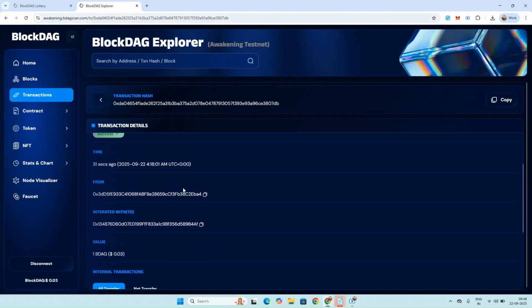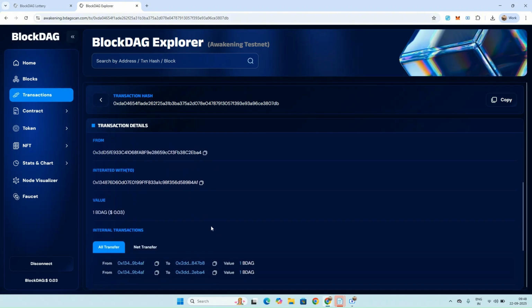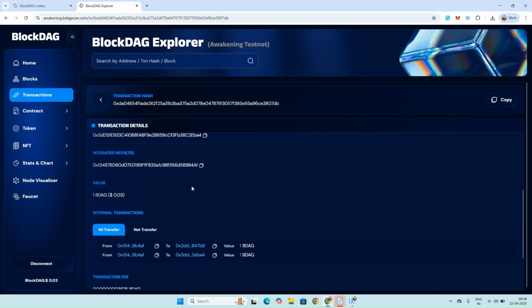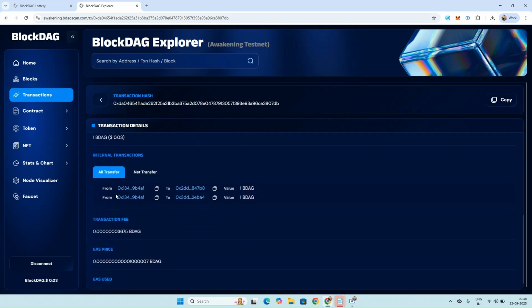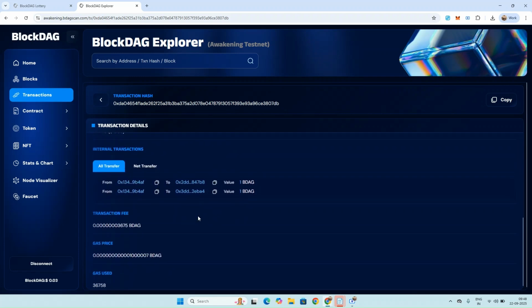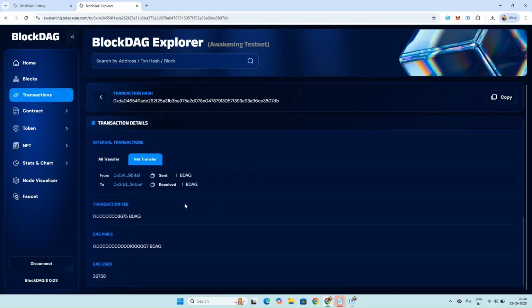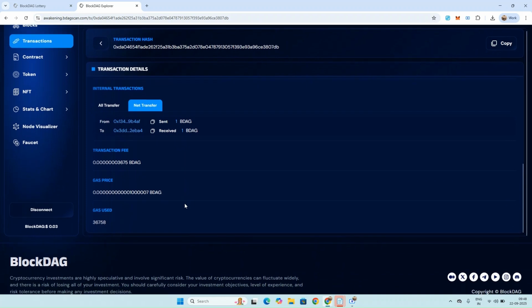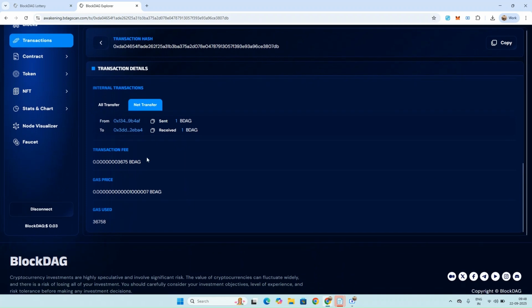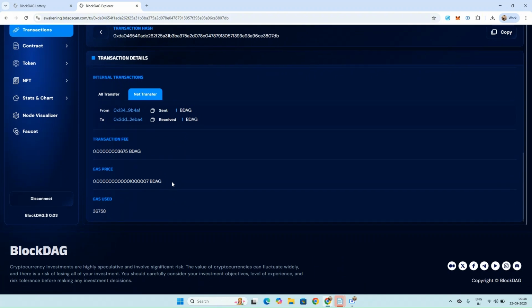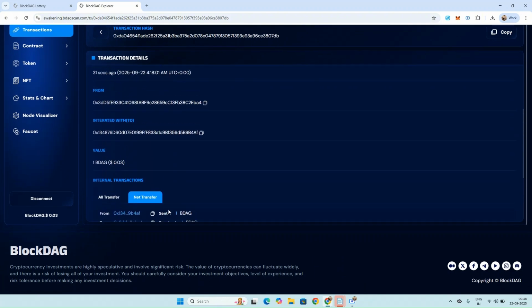The timestamp, this was my wallet address, and this is the contract it was initiated to, and these are the internal transactions that took place, and the net transfer that has happened, and the transaction fee included to perform this action, as well as the gas price, which is current, and the gas that was used.